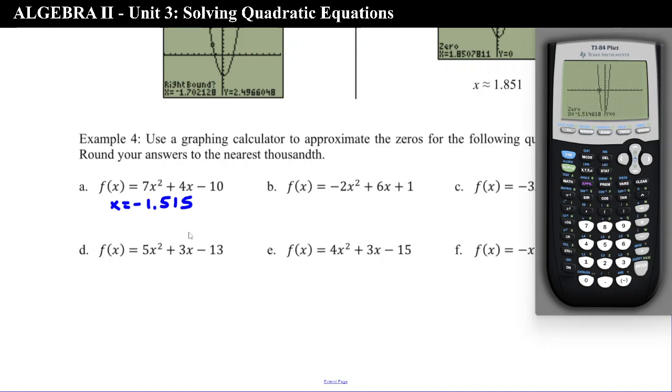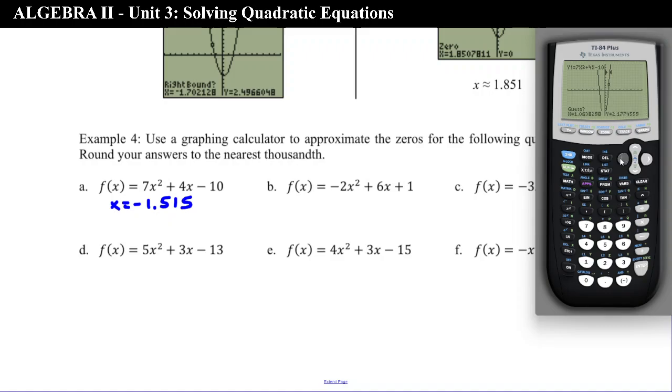Now we need to do the same thing for the other one. Well, we don't have to re-enter the equation in. That's already stored in our y equals memory. So all we have to do now is go to second, trace again, to go to our calculate menu. Select the second item, which is your 0, hit enter, and now we're going to start from the left-hand side of our x-intercept. So I'm on the left side of it, hit enter. Then I'm going to go to the right-hand side of it, hit enter, and then get as close as I